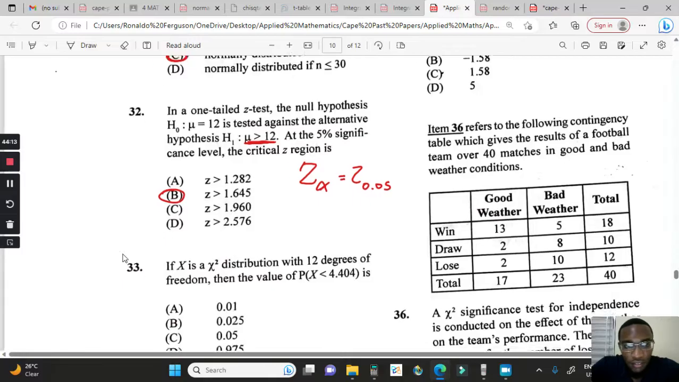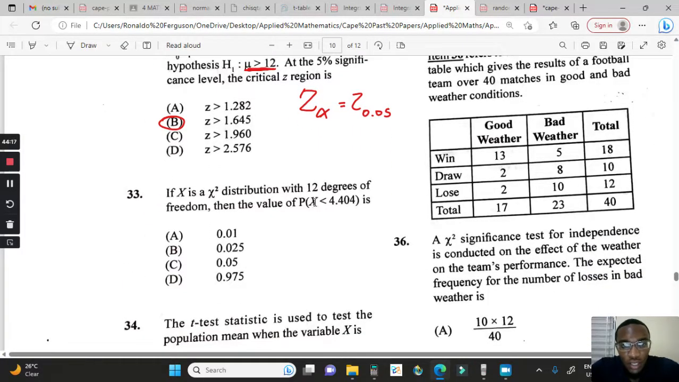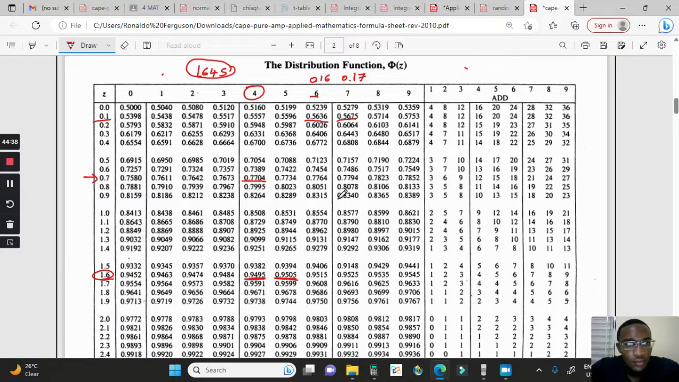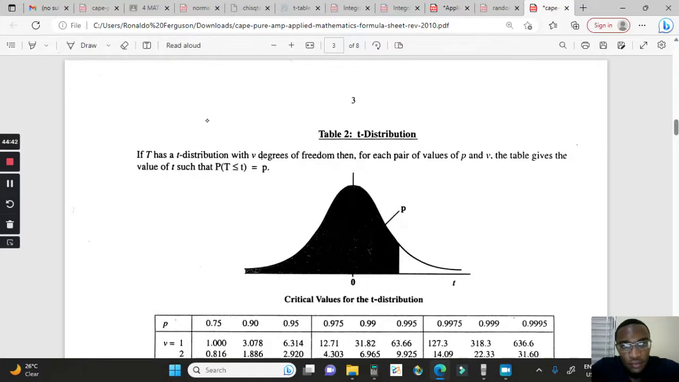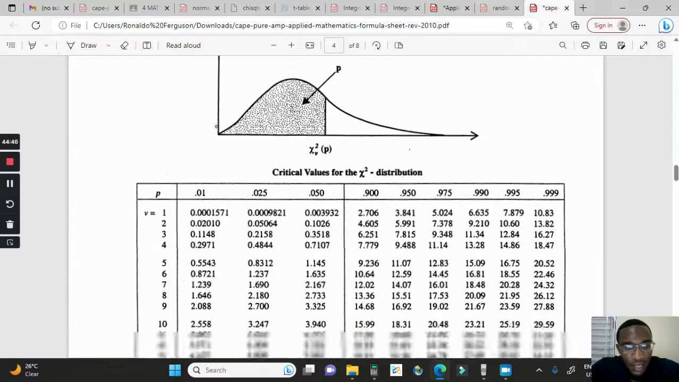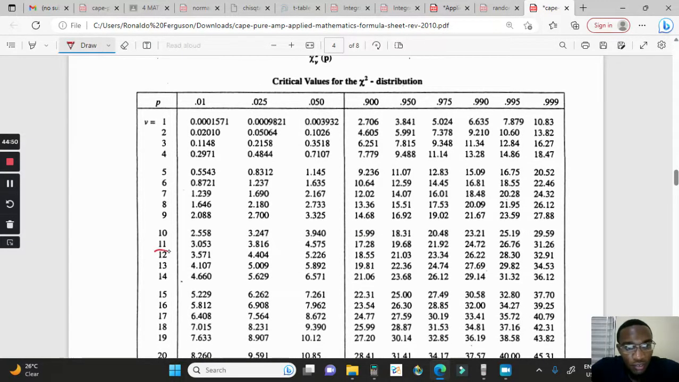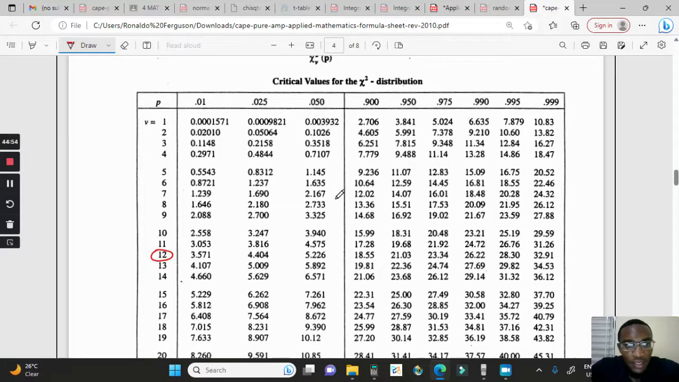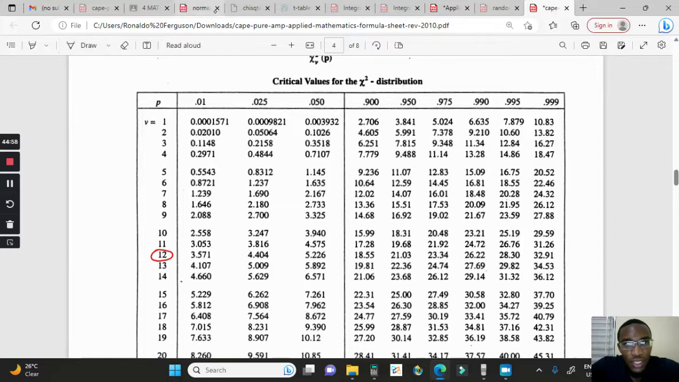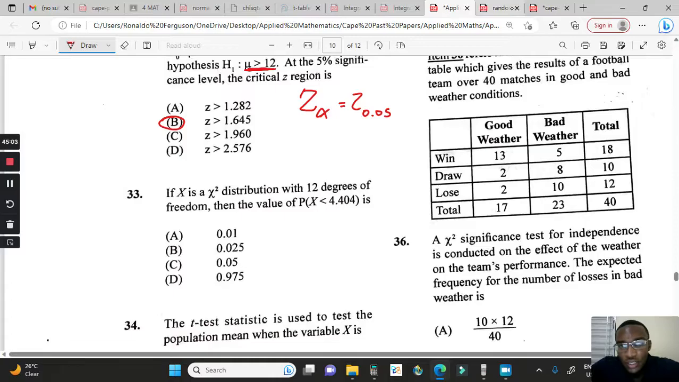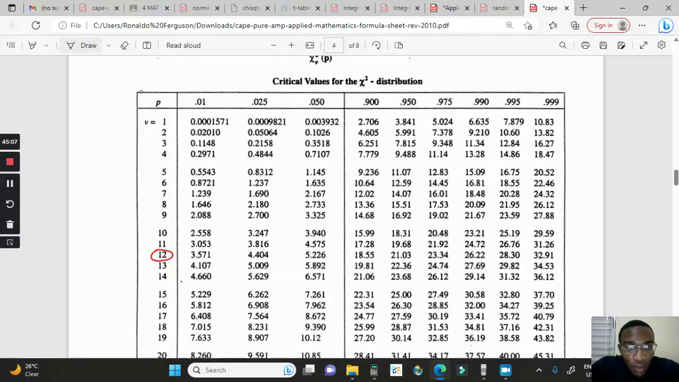Now, it says if x is chi-square with 12 degrees of freedom, then the probability x is less than 4.404. Now, look in the chi-square table. So we're looking for 4.404. This is chi-square, and how many degrees of freedom? They said 12 degrees of freedom. All right, this is our 12 degrees of freedom, and we need how much again? 4.404. So looking across, here it is, 4.404, and this p-value is